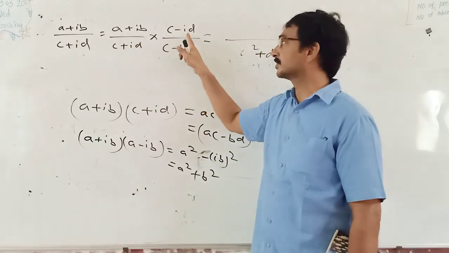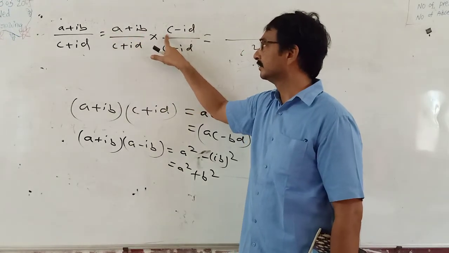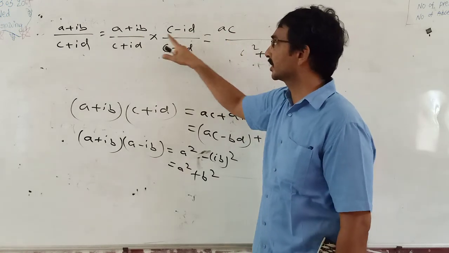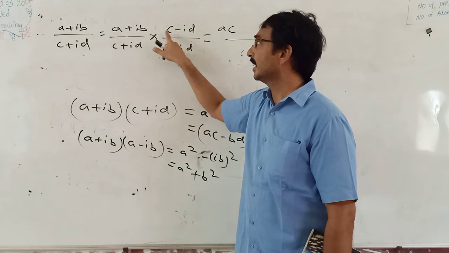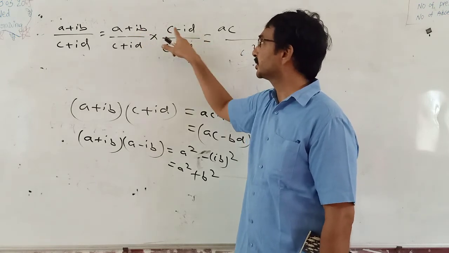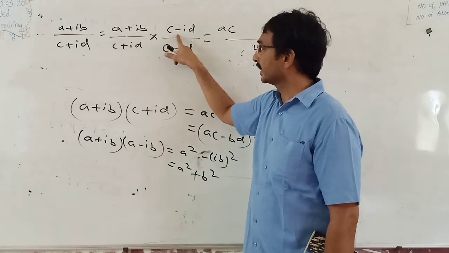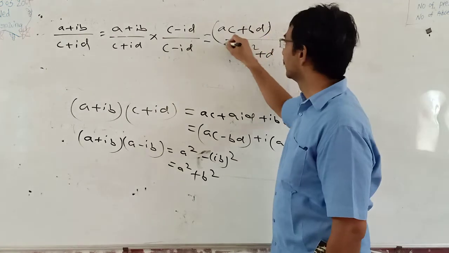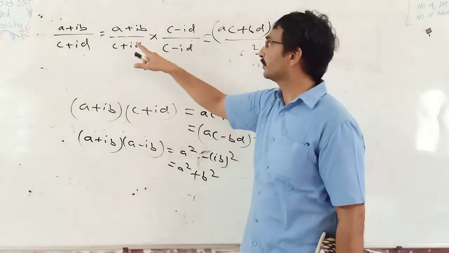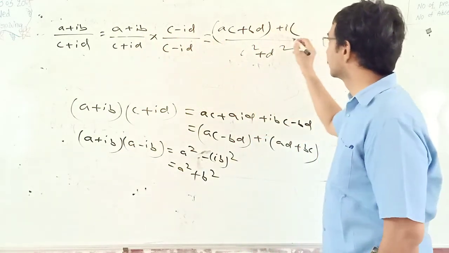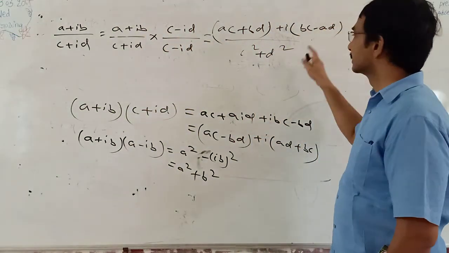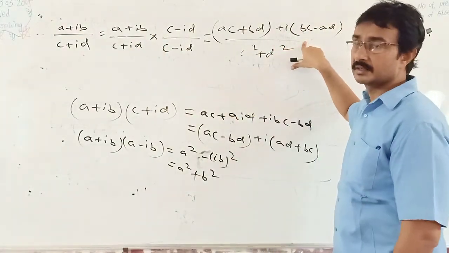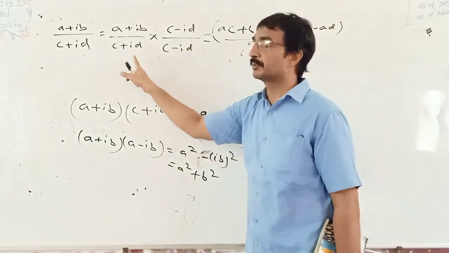Now see the product of these two. To obtain the real part of the product of these two, take real and real, imaginary and imaginary: ac, and ib into minus id, minus times minus gives plus, i into i, i square value is minus 1, therefore ac plus bd. Plus i into the imaginary part, aid and ibc, therefore bc minus ad. So this is (a + ib) by (c + id). Don't learn this by heart, this is not a formula, but remember the procedure.